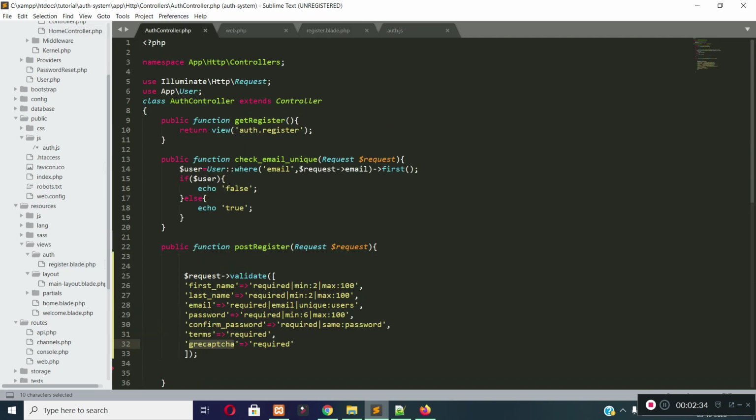Now if you want to customize this message, you need to pass an array after your validation rules, and inside this array you need to pass the form field name, dot, the rule name for which you want to customize the message, then your message.